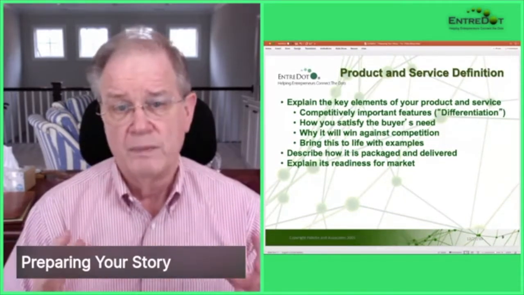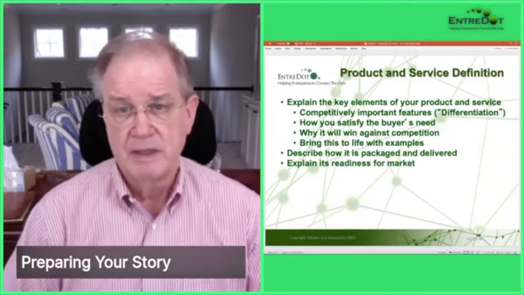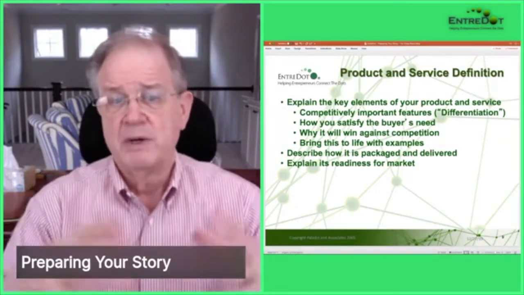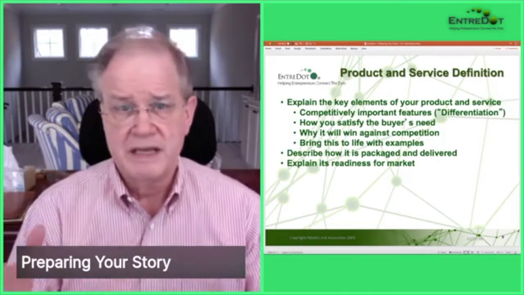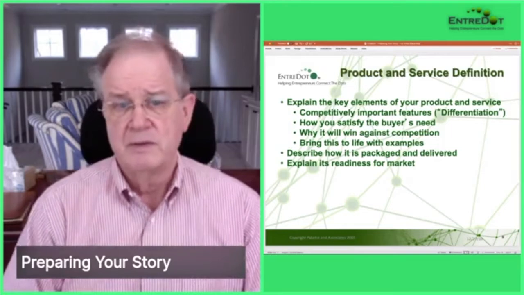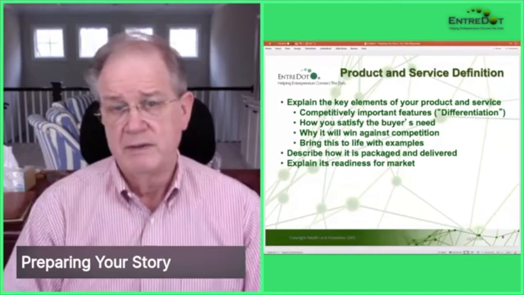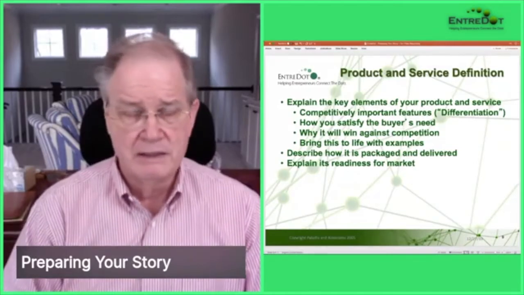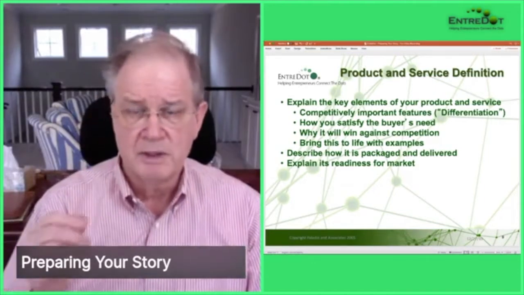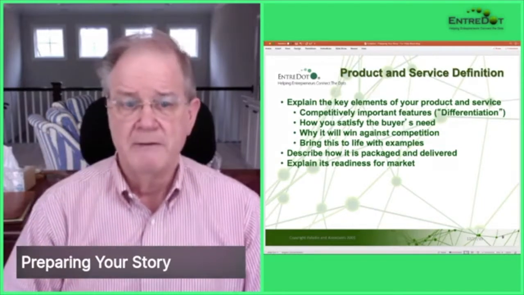And then explain why your product will be bought instead of the competitors', as you summarized in the competitive analysis slide earlier. So bring this to life with examples of situations where your features are going to be thought of as outstanding and will drive the primary reasons why they'll buy your product. This is not an opportunity to go through all the feeds and speeds of everything you've got. It's to talk about those capabilities that are going to be the most important to convince a buyer to buy.